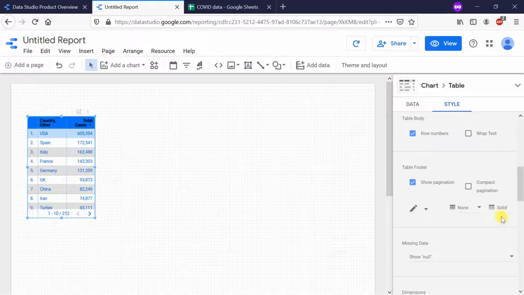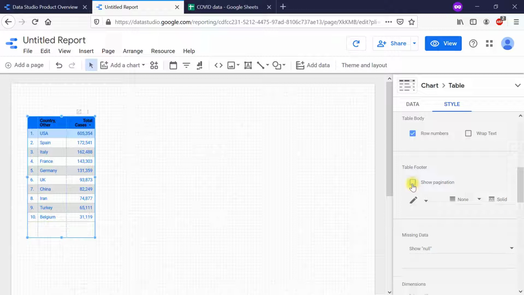In the table footer, we have these pages. So this first page is showing 10 rows. Let us extend the table and see the first 10 rows. For the next 10 rows, we have this option of moving to the next 10 rows using these pagination options. If you uncheck this tick box which is saying show pagination, then the option of going to the next page will be removed from the table.